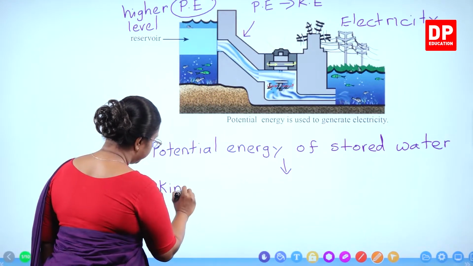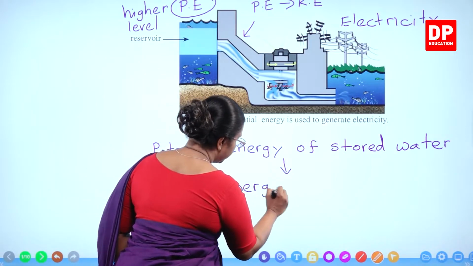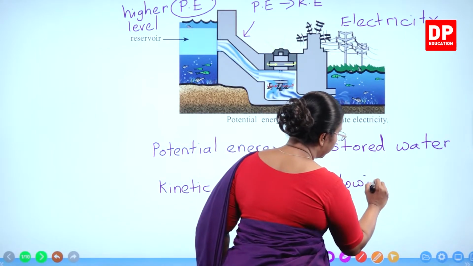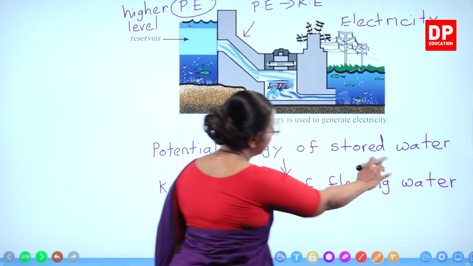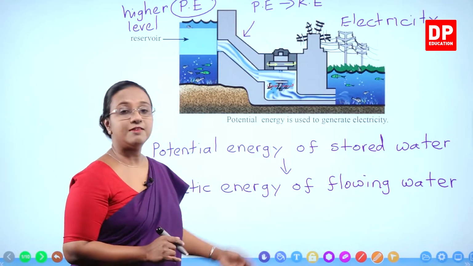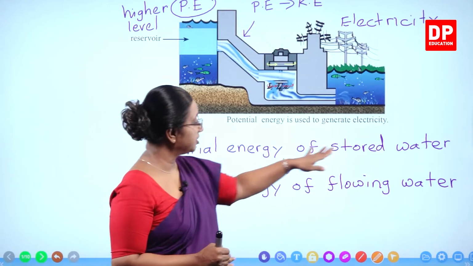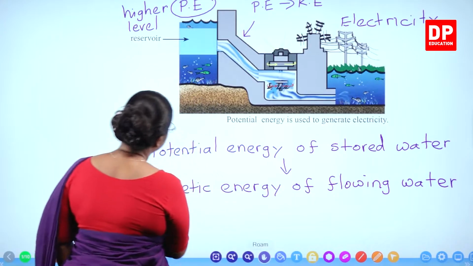Kinetic energy, energy of flowing water. Here again I am using the terms stored water and flowing water to make it more clear, but you can just say potential energy of water, kinetic energy of water. That is also sufficient. Then,